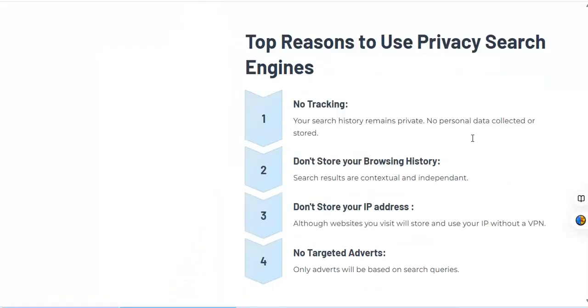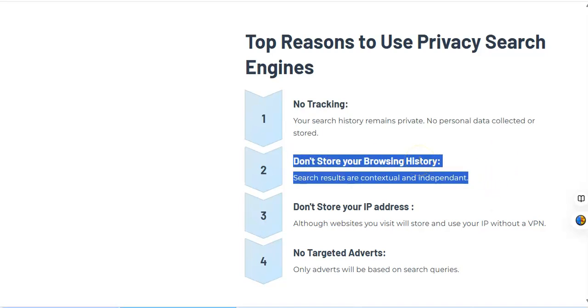Okay, first of all, some reasons to use privacy search engines. Briefly, no tracking. Your search history remains private. It's not stored and used, and neither is all the data gathered about things like what PC you're using, where you are, and stuff like that. So they don't track you. You go into a privacy search engine, you type in your query, and it gives you the results, and that's it. It doesn't store your browsing history, so it doesn't build up a pattern over time if you're searching for